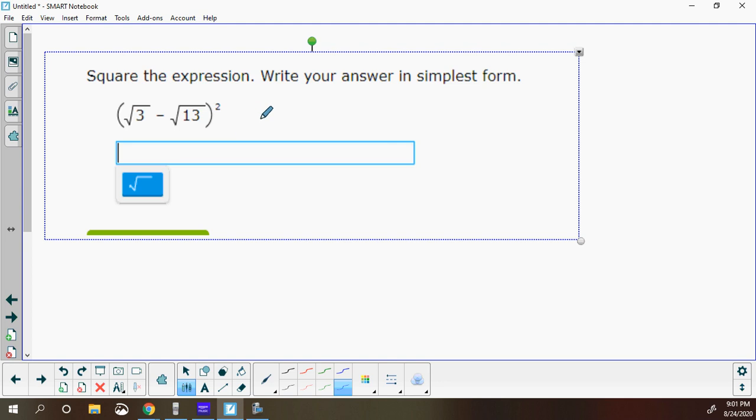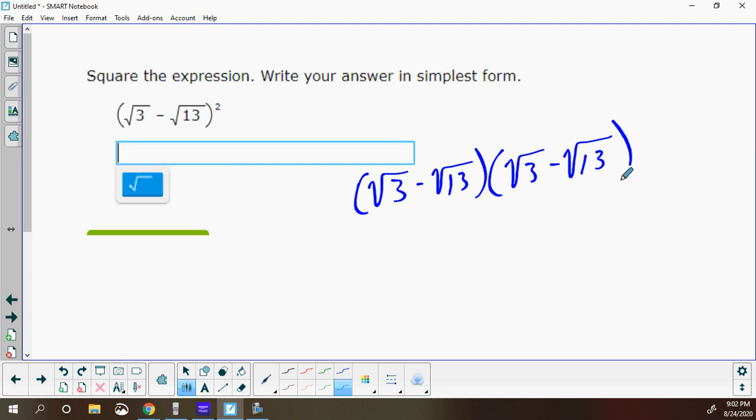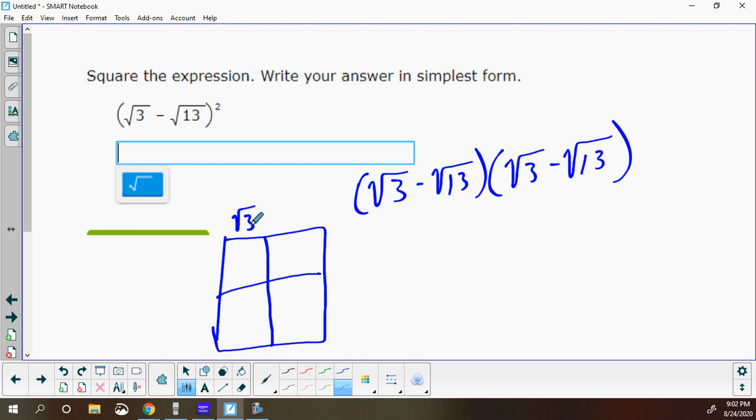Let's see. This bad boy's being squared. So, I'll do it the long way. Root 13 times root 3 minus root 13. We're going to get into this multiplying stuff by doing the FOIL method. So I'm going to go ahead and just break the ice for you. We're going to use a Punnett square down the row to multiply this. So if I have root 3 here, negative root 13, root 3 here,